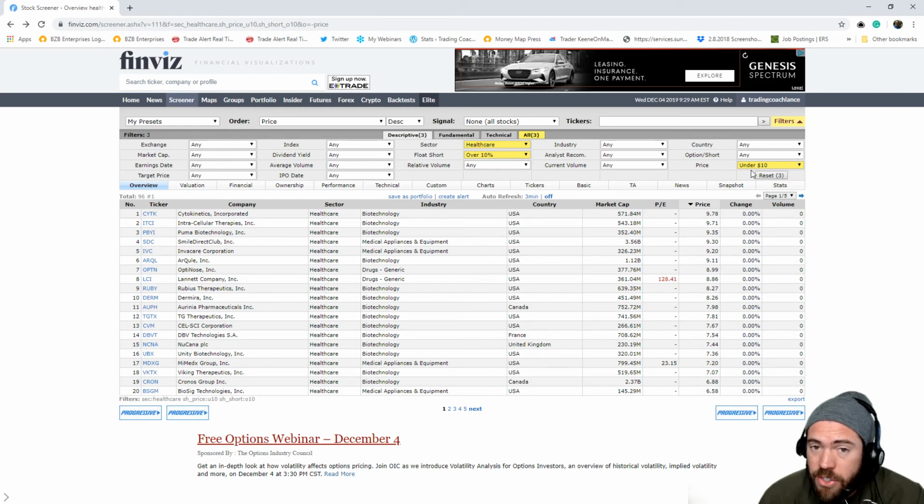You know, it's crazy. Math-wise, it's easier for a stock to go from $10 to $20 than it is for a stock to go from $100 to $200. I know math-wise it makes no sense, right? But just in trading and stocks in general, a stock can do it quickly, rather than from $100 to $200, which may take years to do. So watch some of these cheap names, the opening bell's happening, and have a